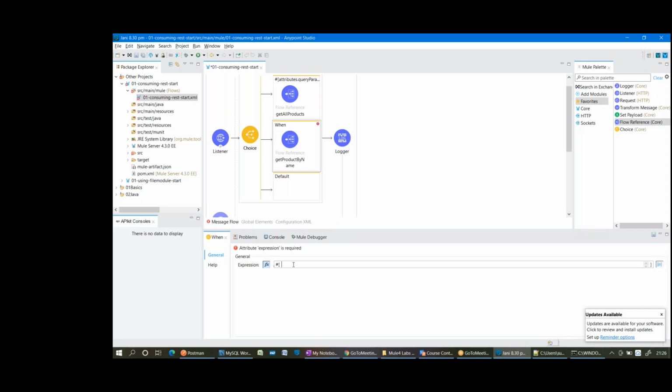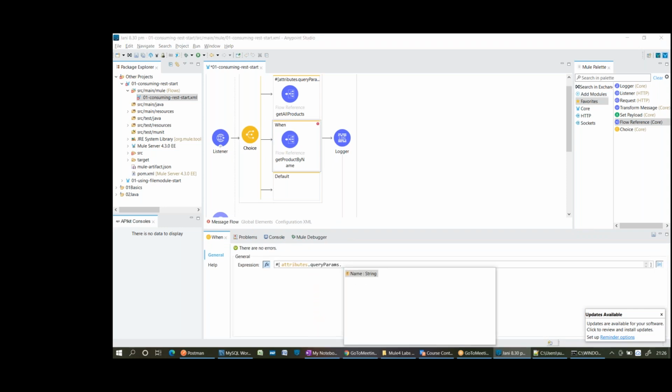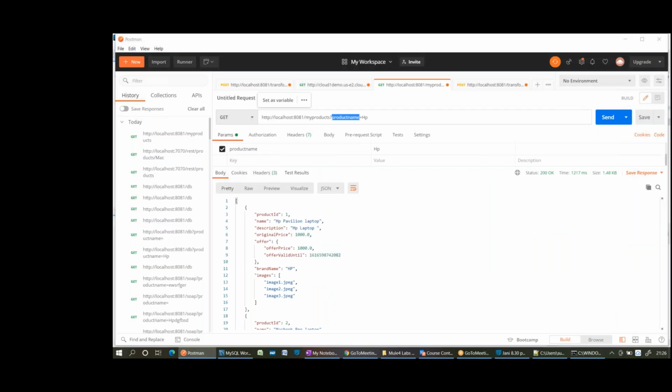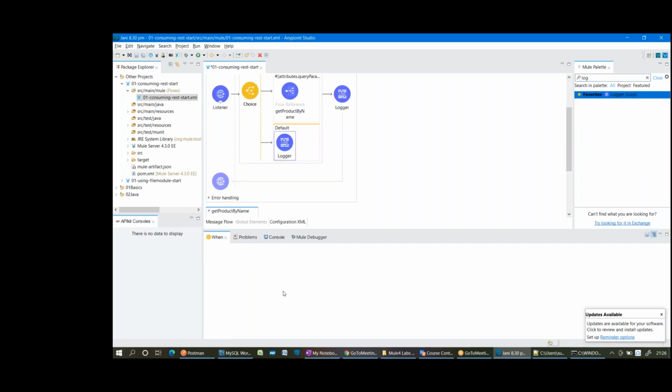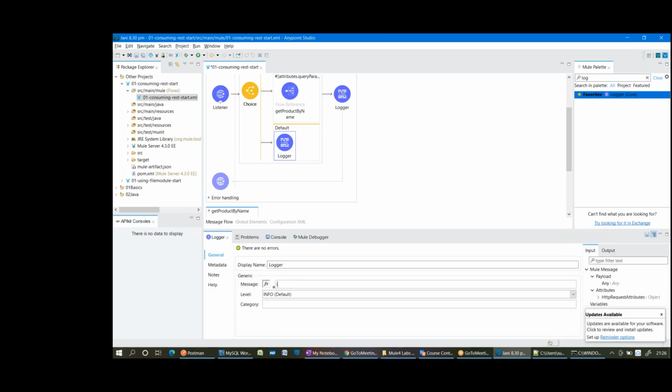Again, attributes dot query params dot product name is not equal to null. If it is not equal to null, automatically this will be satisfied. Let me write a logger here in the default route: invalid request.